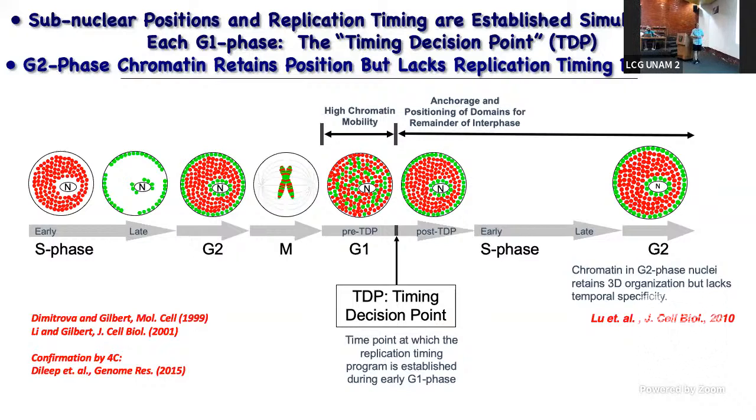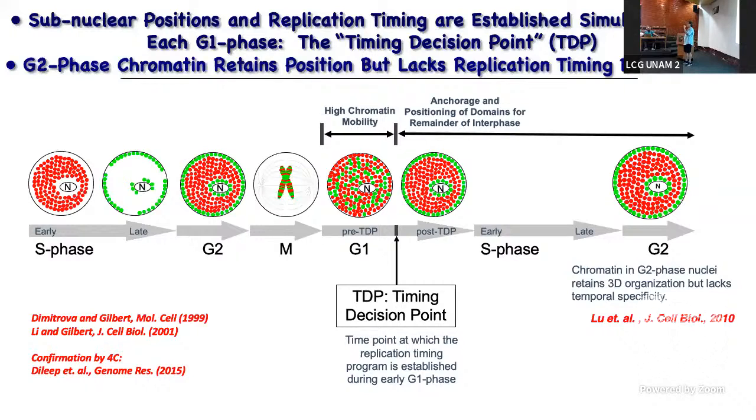So the next thing we could do in this experiment is to take nuclei from cells at different stages during G1 phase and introduce them into a cell-free replication initiation system that I developed as a postdoc. So this system could jumpstart cells or nuclei, purified nuclei, in vitro, could jumpstart S phase.